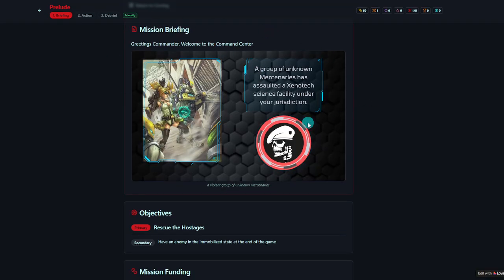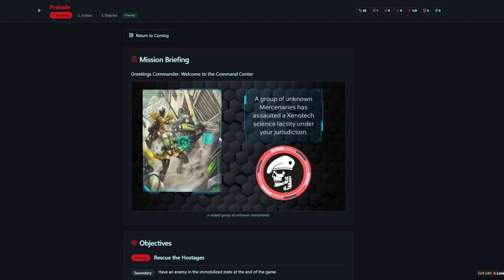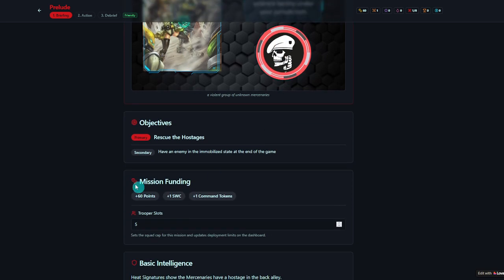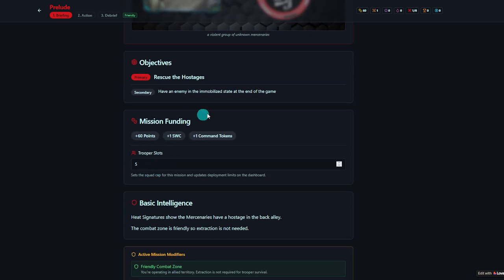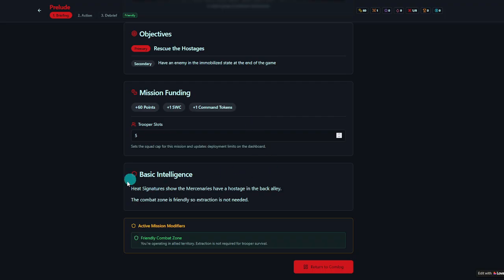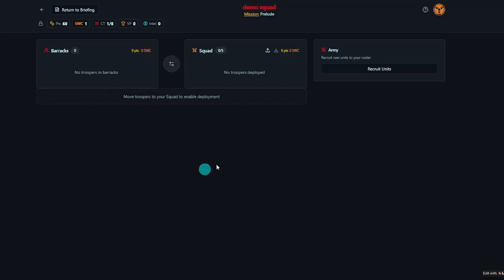So it's going to throw us right into our first mission briefing and tell us that there's an unknown group of mercenaries assaulting our forces. So we have to rescue a hostage. Here's how much money we get for it. And we see the hostages in the back and that there's a friendly combat zone. So what that means is at the end of the mission, we're in some friendly territory, so EMTs or emergency responders show up and they'll be able to stabilize anyone who's unconscious, so they don't die. So let's click return to comm log,